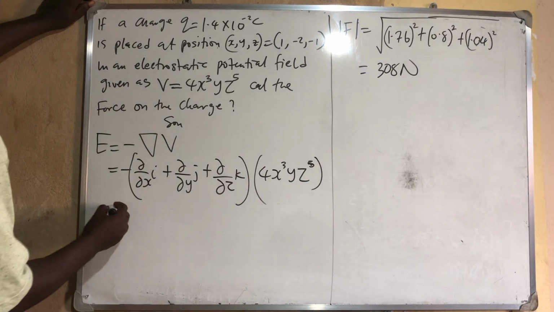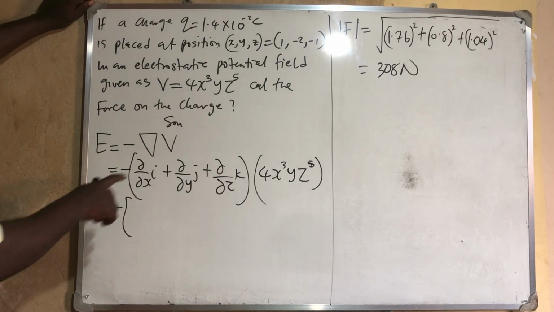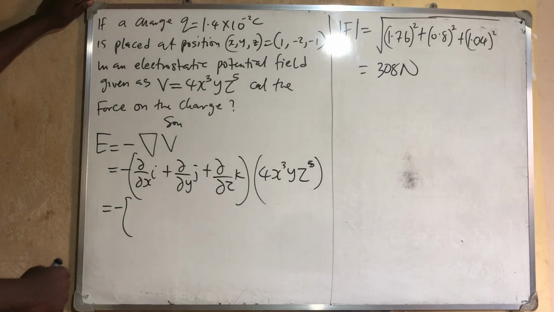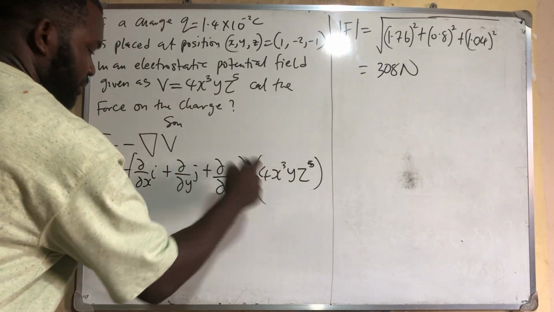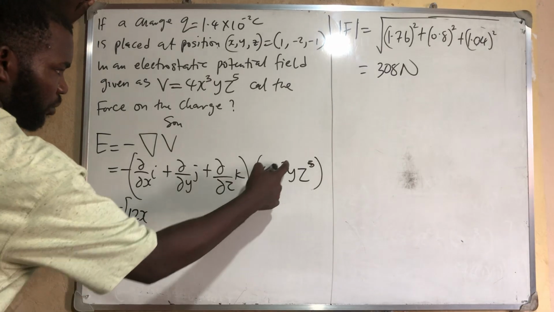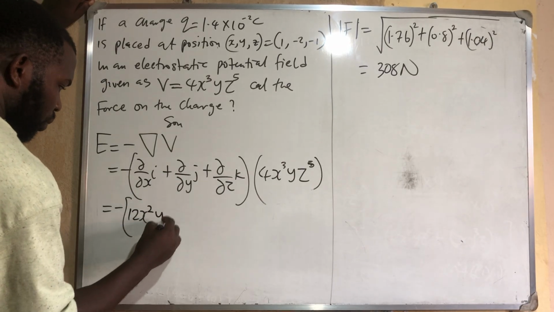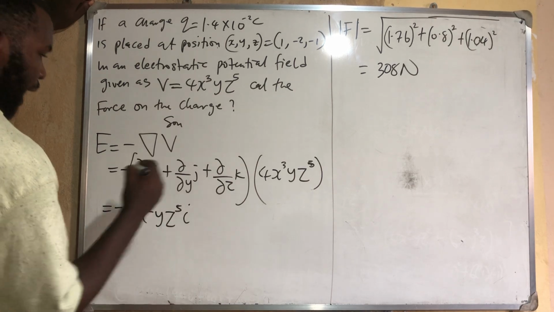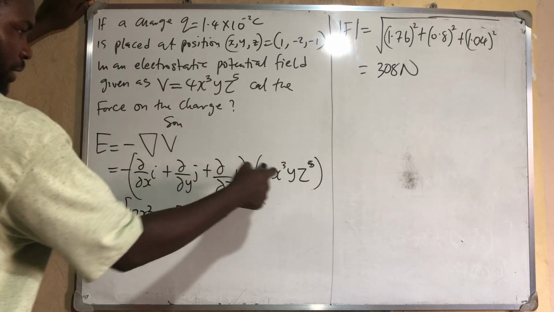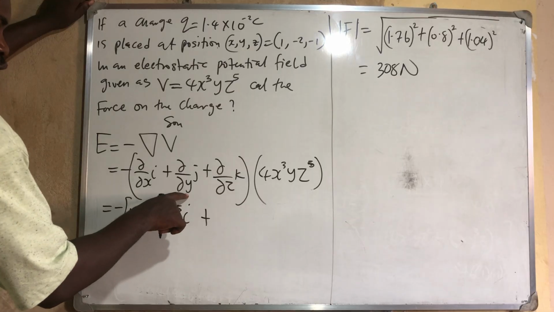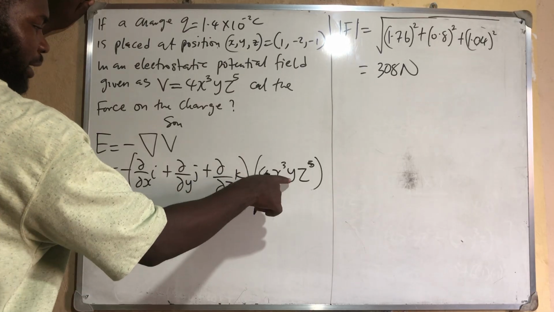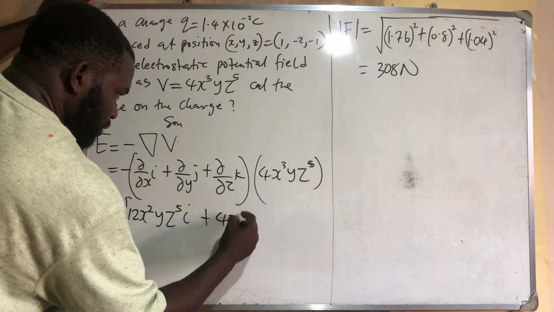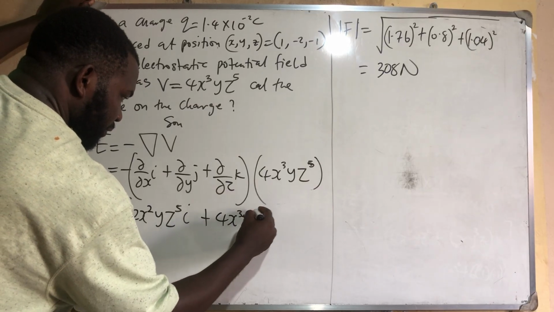Differentiating with respect to x, 3 times this is 12x squared y z raised to power 5, you put your I. Plus differentiate with respect to y, and differentiation of y is 1, so everything stays the same, 4x raised to power 3 z 5,